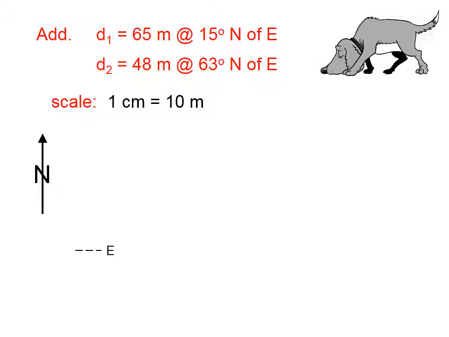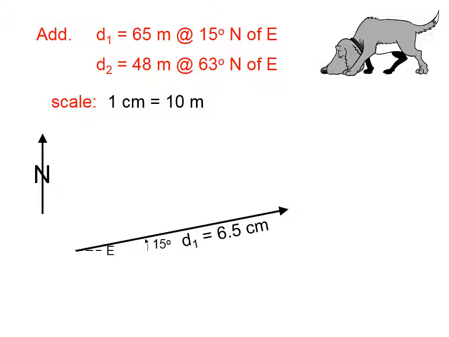So if upwards is north, then we see that the angle here is 15 degrees to the north of east. East points to the right, so 15 degrees to the north of that would look something like this. You can imagine rotating 15 degrees to the north of east, and the length of that vector would be 6.5 centimeters. There's our 15-degree angle. We're going to draw vector number 2 right here at this arrow point, and I always